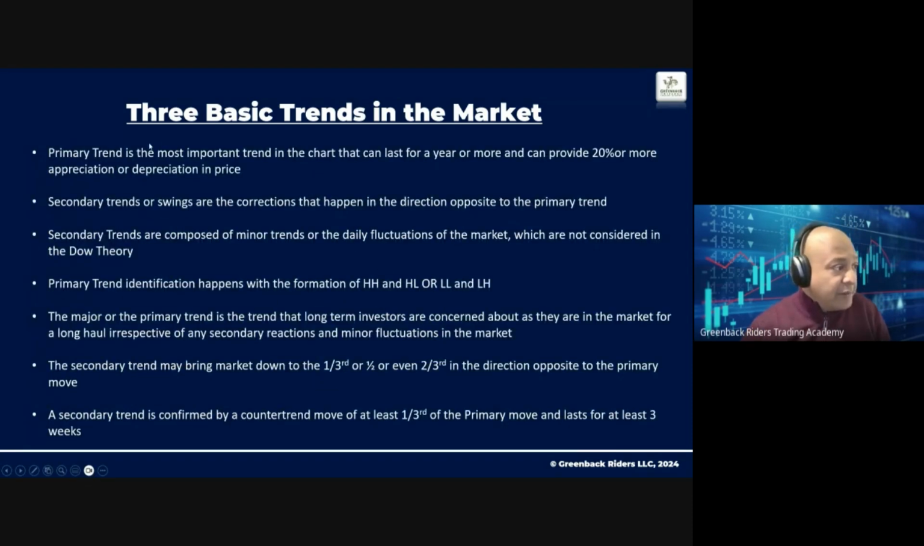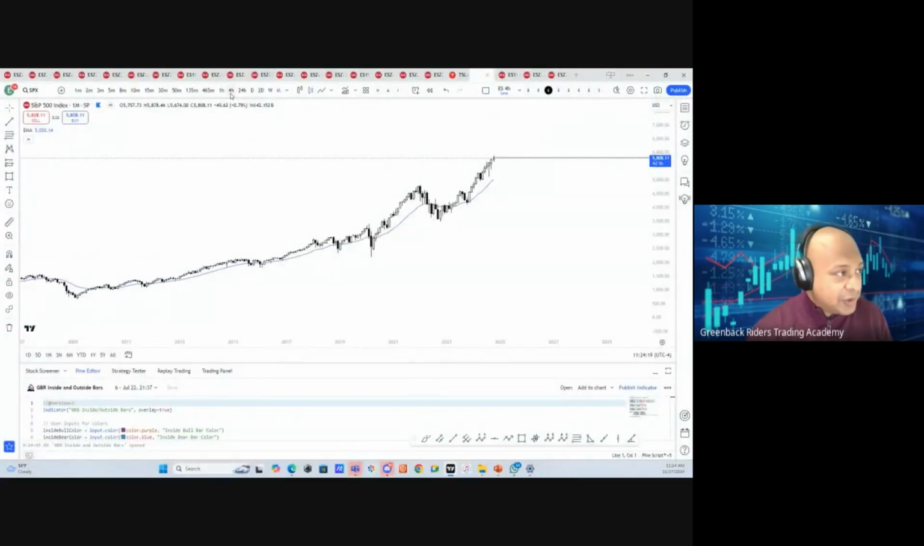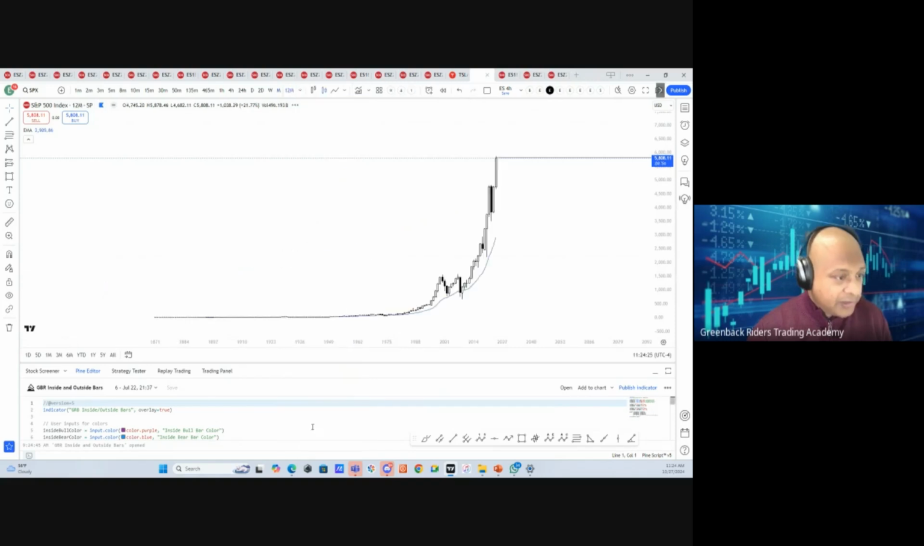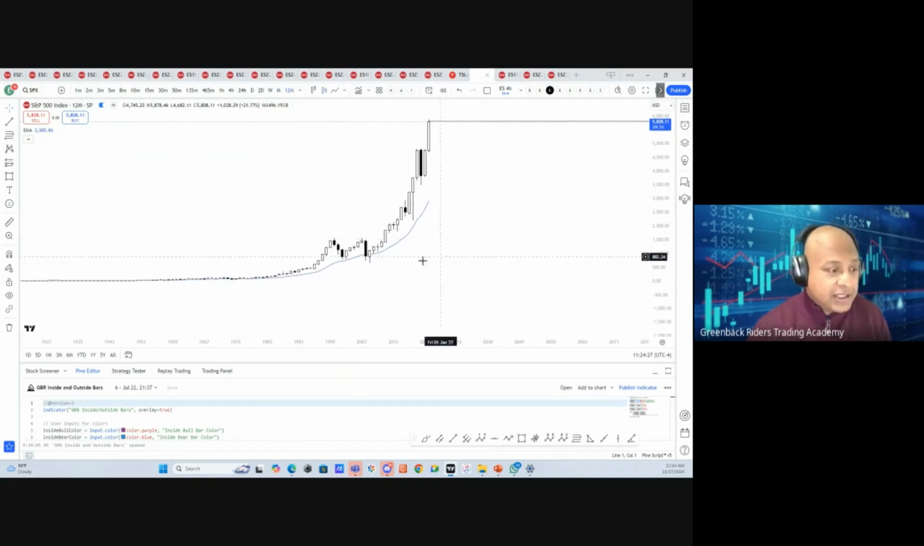So the primary trend is the most important trend in the chart. It can last for a year or more and can provide 20% or more appreciation or depreciation in prices. So for example, if we look at this particular chart, the 12-month chart here, what do you think is the main trend? Of course, it's a bullish trend, right? If you see from here to here,